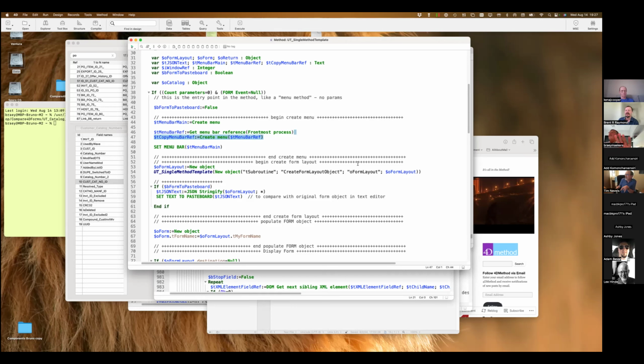That's correct. So basically, when I'm developing this method, I create the form the traditional way in 4D with the form editor. But when I'm done, what I do is I generate 4D code to recreate the form as code, and I paste that code in the method. And the moment you have done that, you only need the method to distribute. Of course, when you change the form, you need to do that copy paste again. But that's easy enough.